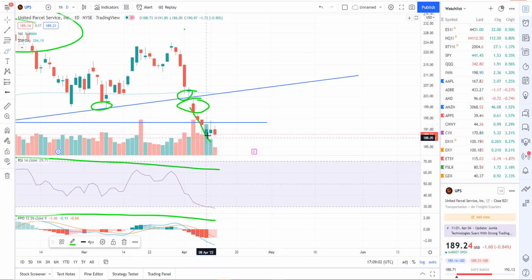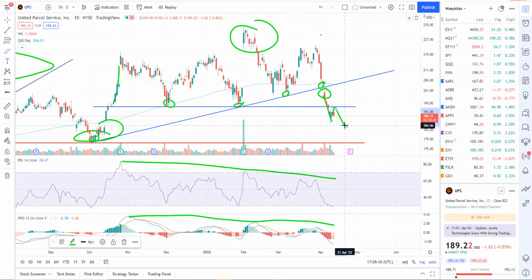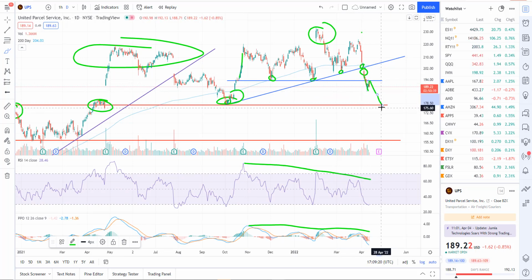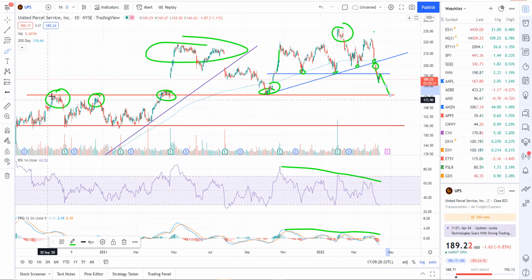I did talk about how I thought we'd rally back up and do a little back test of this resistance line, which we did yesterday. And we should continue lower now. I don't see anything holding this thing up till we get to the next support level, 177. We've got earnings coming up relatively soon, but this can probably trade down to this level before those earnings. So the 177.20 area is my next level of support. Good support there. So that's likely a good area to at least cover a short position and maybe let earnings clear out of the way. And we'll just reassess after that.